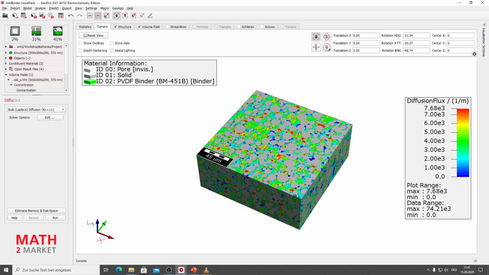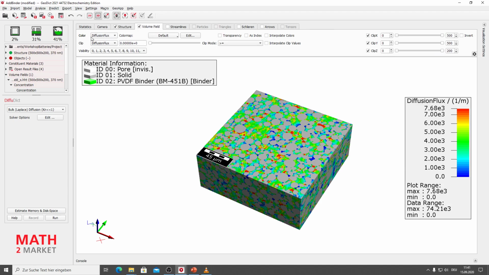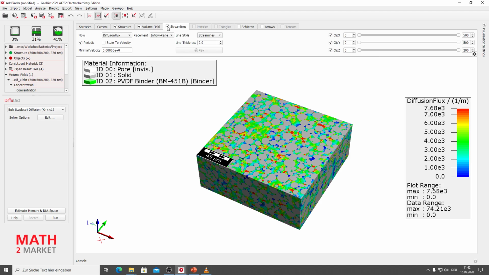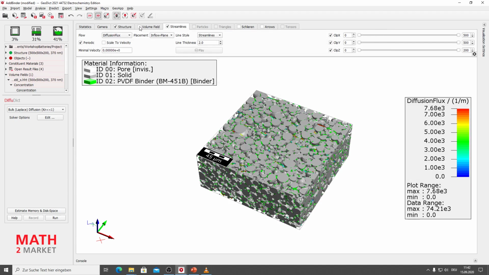So what we do is we go to the volume field tab. If it's not already chosen here, choose diffusion flux. Then we go to the Streamlines tab and check it. Then we uncheck the volume field tab.